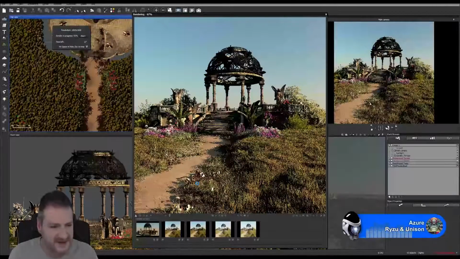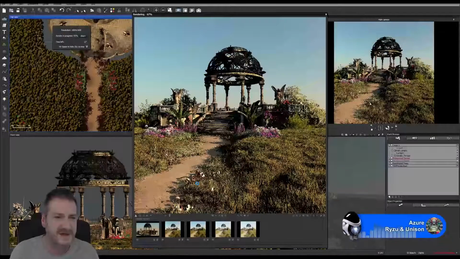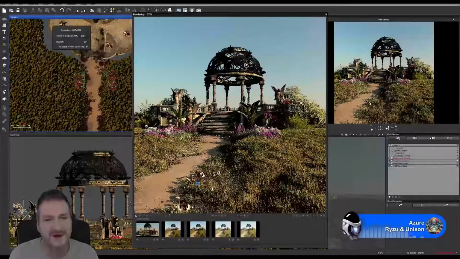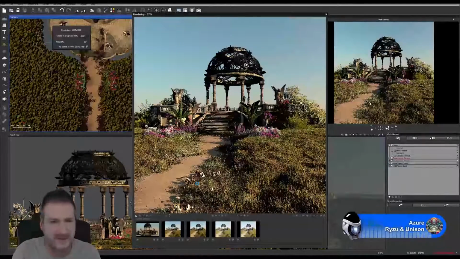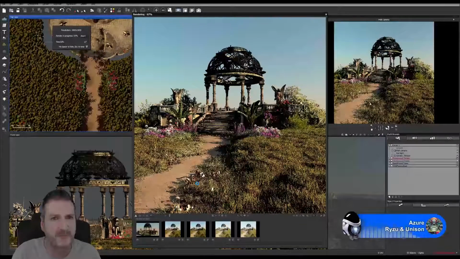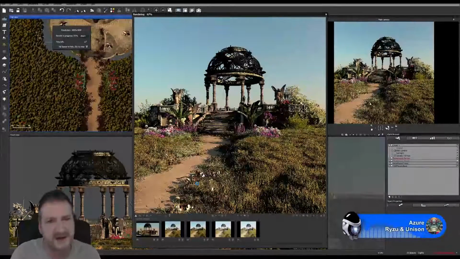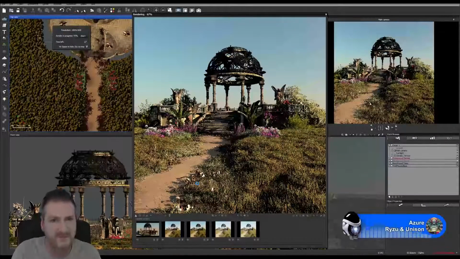I remember when I first started using Vue, it was tempting to throw down 10,000 trees and all that type of thing, which you can do. It just doesn't tend to look right though. And also vary it up. If you're making a forest in Vue and you're populating a mountainside with trees, don't just load up one type of tree. Always load up at least 3. Don't go to like 10, but 3 to 4 different types of trees is always good to give you a